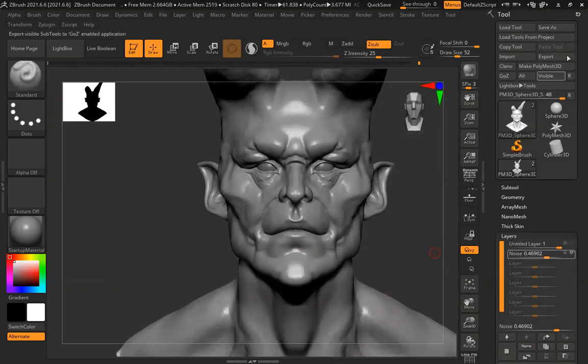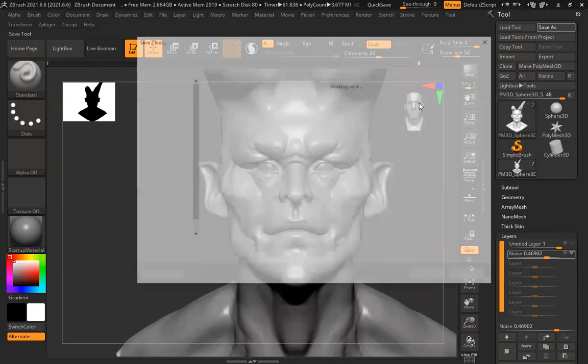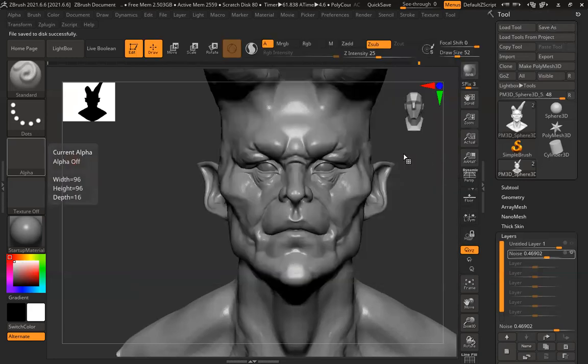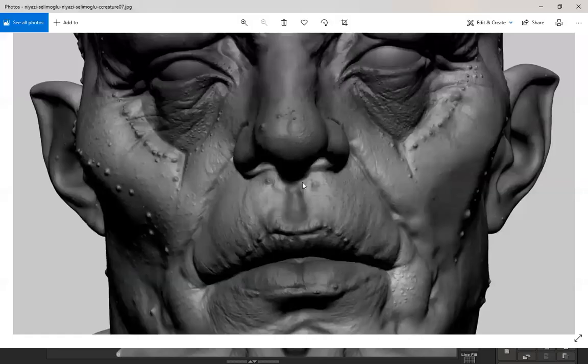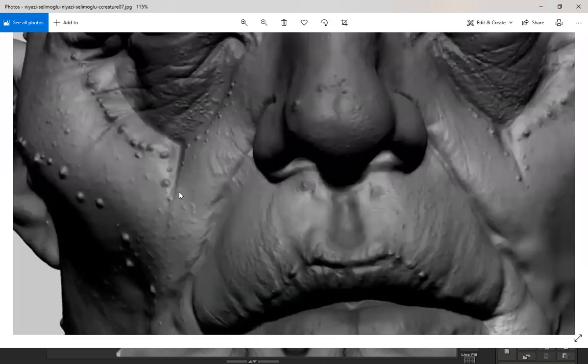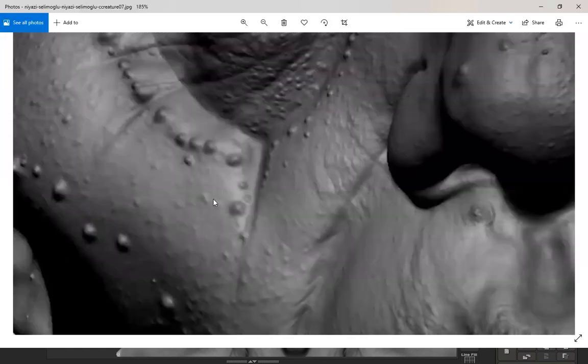Let's see this. So right now, you can see in this model reference, we have all those grains. So those grains we'll add. But if you zoom in, you can see the base is also a little noisy. That noise we have just added.